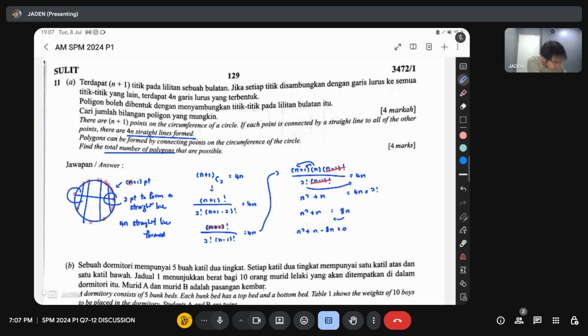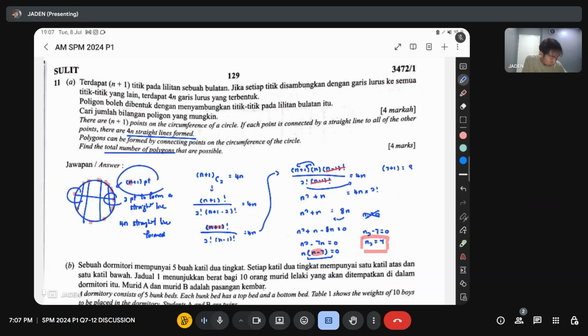How to continue here? n squared minus 7n. Factor n out, you get n times (n minus 7). This is your first answer: n1 equal to 0. For n2, you take whatever is inside the bracket, so you write n2 minus 7 equal to 0. Your n2 will be equal to 7. Now, if you ask me how many points are there? This one is rejected. You will pick this, because your n must be greater than 0. So n2 equal to 7, which means in this circle,